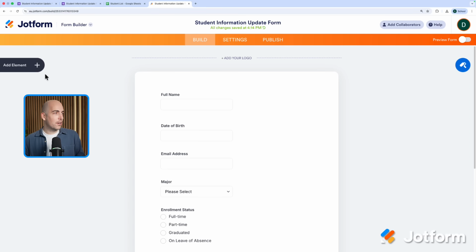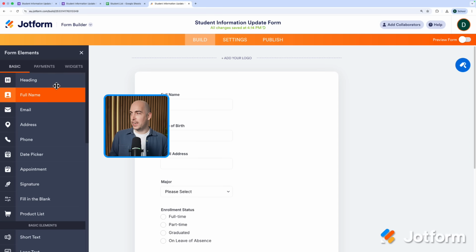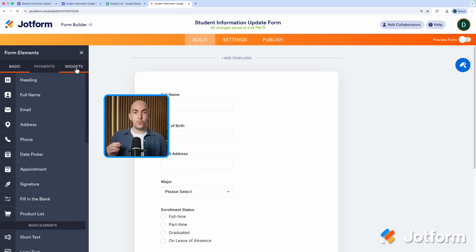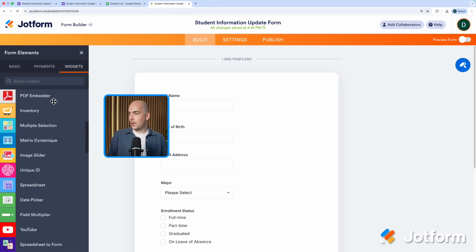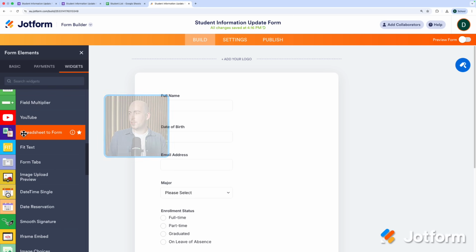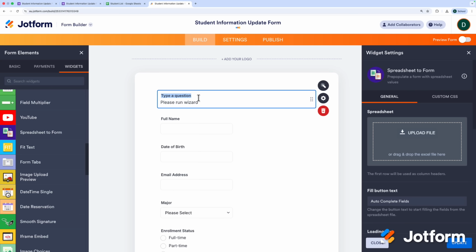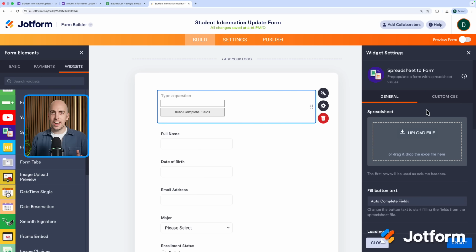Once you've got the form, you're going to click on Add Element over on the side here. There are way more question types in Jotform than in Google Forms. You could pick one of these, but we're going to go over to widgets today. So we scroll down and we're looking for a widget called Spreadsheet to Form. I'm going to click and drag it to the top of my form here to become the first question in the form. And on the right-hand side, we can see there's a side panel with the widget settings where I